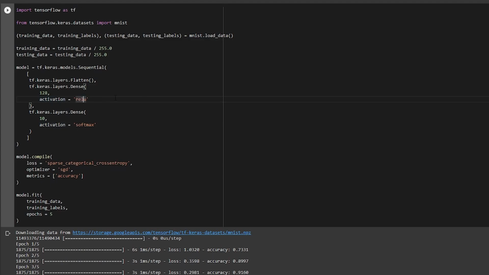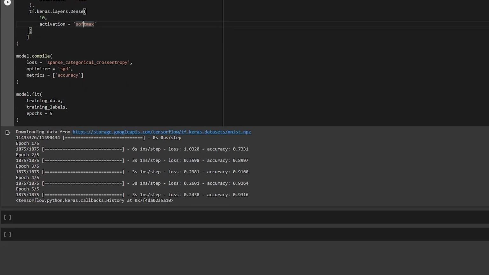ReLU stands for rectified linear unit. If your value is negative, it converts it to 0, and if it is very massive, it is going to squash it between 0 and 1. After that, I'm using tf.keras.layers.Dense. So I'm making one more dense layer where I have 10 neurons. These 10 neurons are responsible for the 10 outputs that we have, the digits from 0 to 9. And the activation that I'm using is softmax, which gives me the probabilities for the entire vector, and the highest probability wins. So that is the estimated prediction that we have.